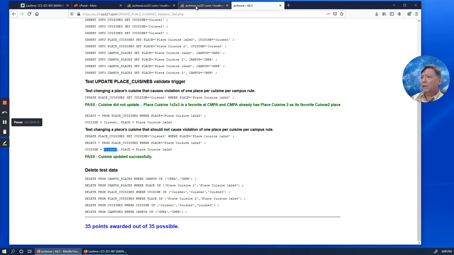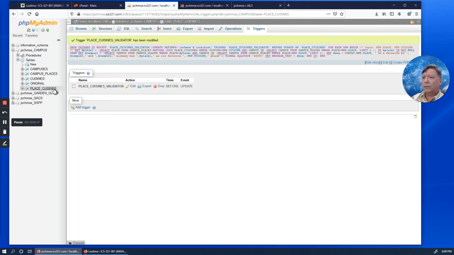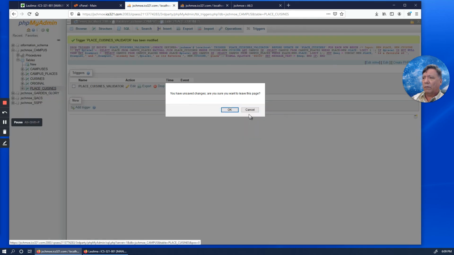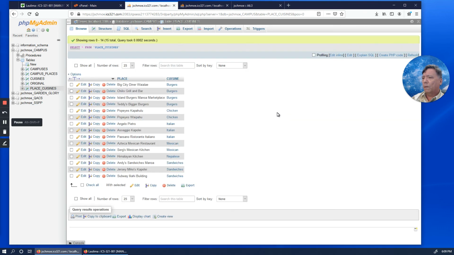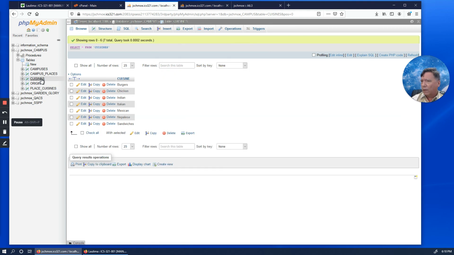That would be like if, let's say, the owners of Himalayan Kitchen came along and said, you know, we want to generalize our place a little bit. Some people don't know that Nepalese here in Hawaii, maybe they're thinking Indian food, Nepalese food, same thing to us folks here in Hawaii. So let's change the name of our place to an Indian place. Let's say we're an Indian cuisine. What we would do is first add into cuisines, we'd add in Indian, and I think I might have done that earlier.